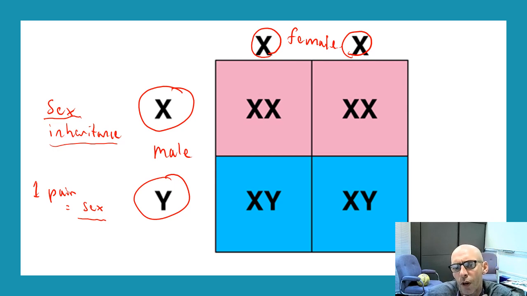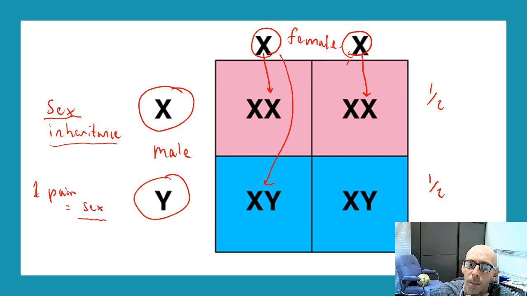You might get asked to explain why half of all births are female and half of all births are male. And it's very simple. This child has got an X from its mom, and this child down the bottom has got an X from its mom. Because in every single egg from a female there is an X chromosome, so every egg has one X chromosome.